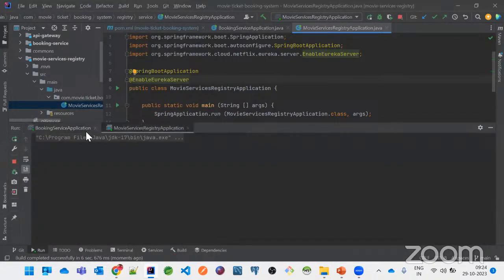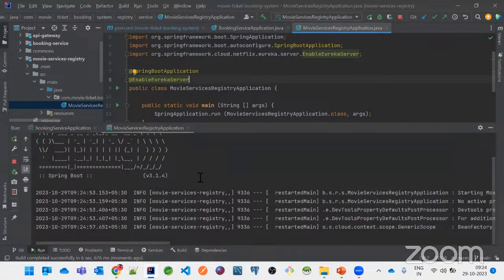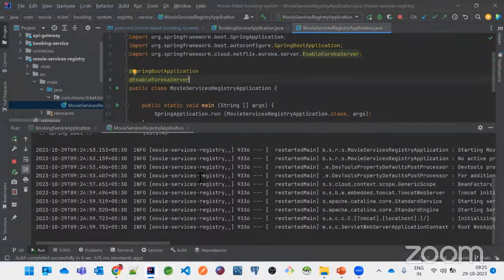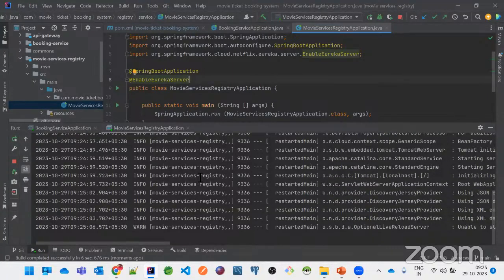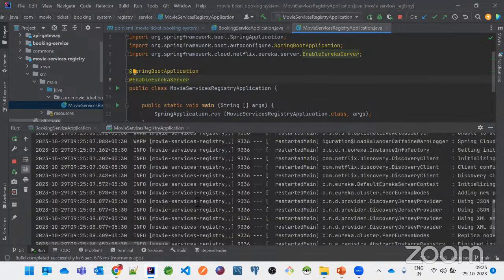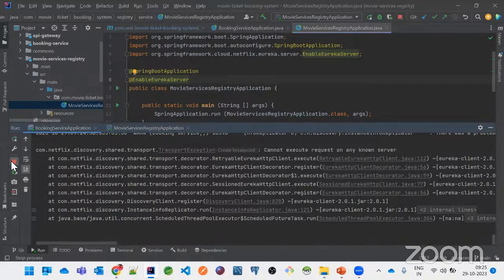So once this is started, then only I can start the booking service application. And now we will see what the actuator is going to provide, because that is the purpose of this particular workshop. Once this is started, I will open the booking service application, stop it,